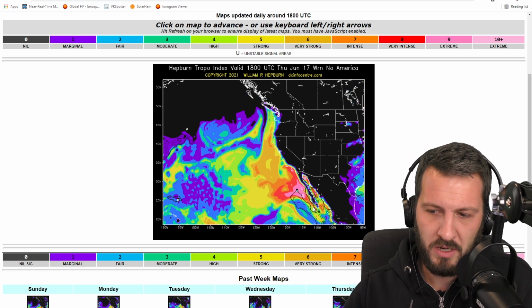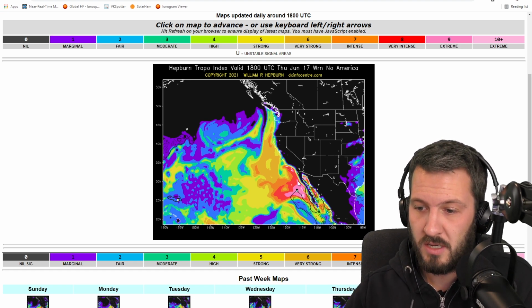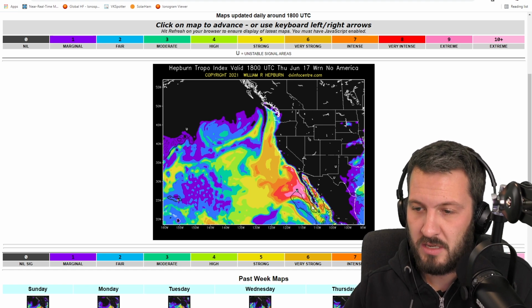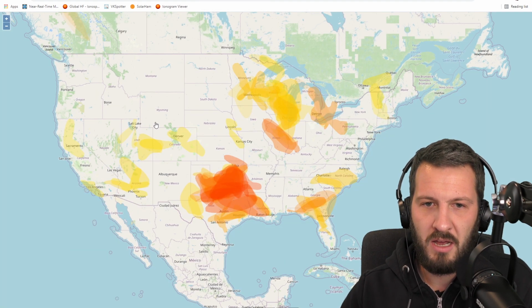You can see here we go. We've got some nice coastal activity all the way up the coast. And of course, because there's no mountains in the way and nothing blocking the signal, we could get some very good enhancement up and down the coast. Now, the next thing that I did want to just show you is